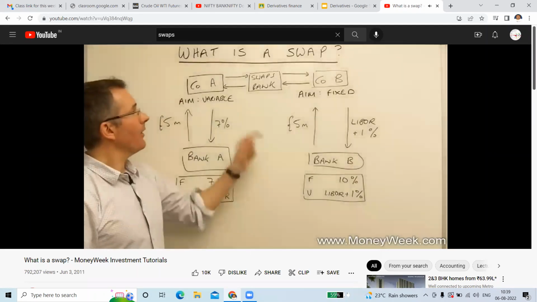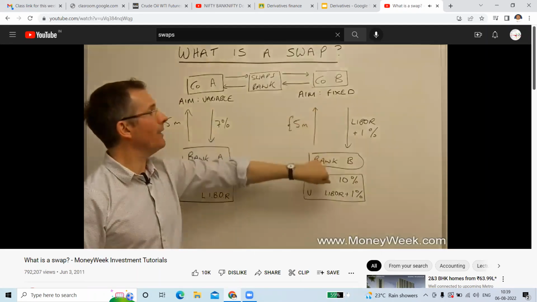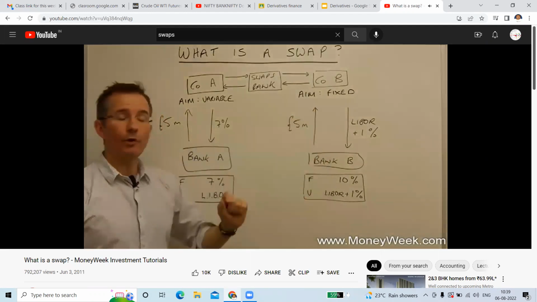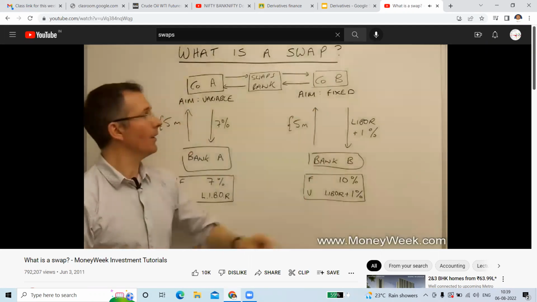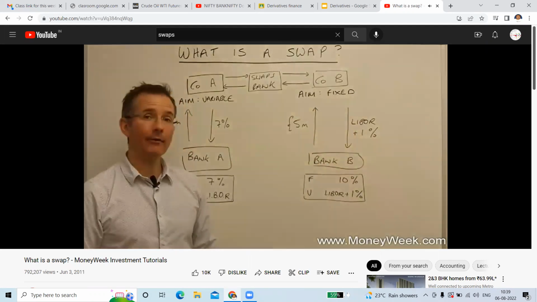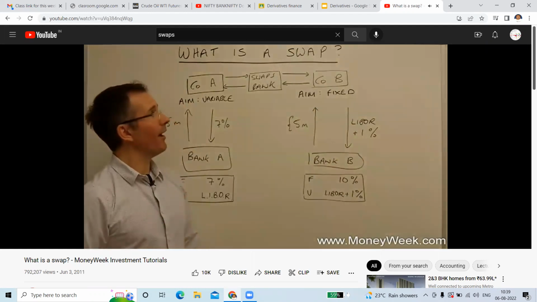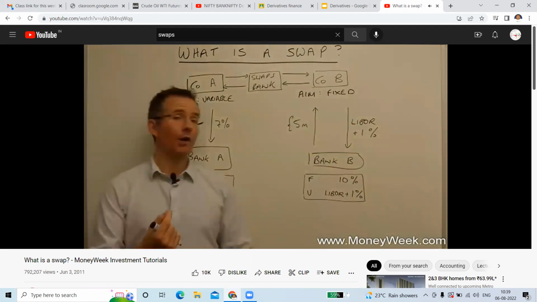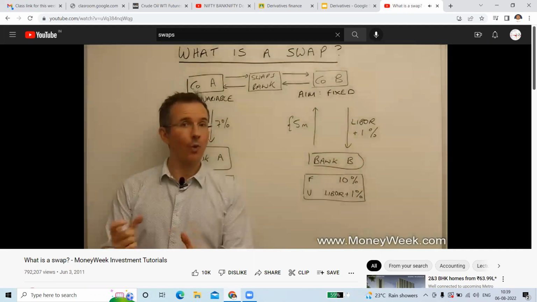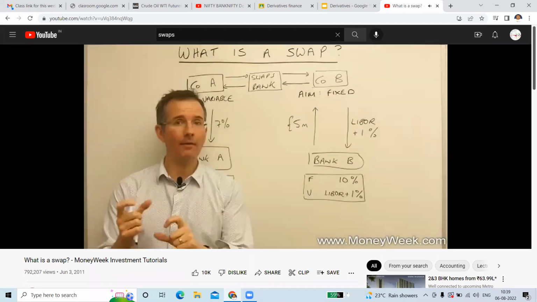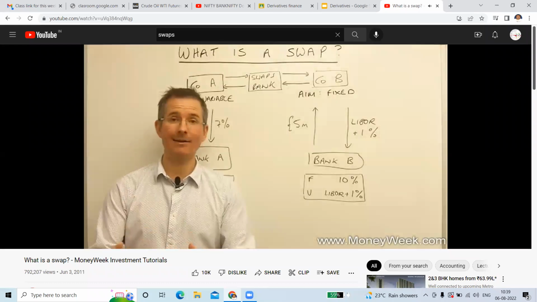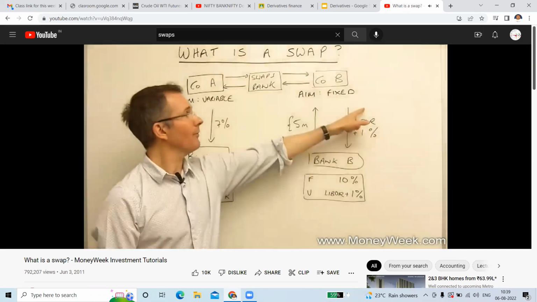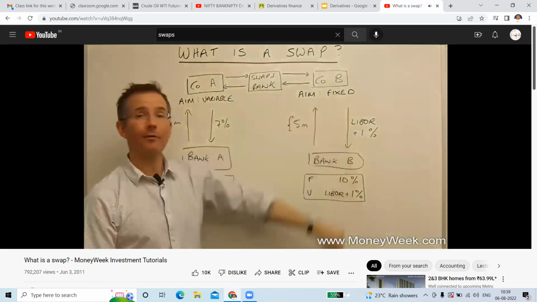So the swaps bank says, okay, company B, you've borrowed 5 million from bank B. You don't need another 5 million from us. You just want to change the interest rate you're paying on that loan. You're paying a variable rate and you'd rather pay fixed. So without borrowing another 5 million, let's agree a swap just for the interest on what's called a notional amount of 5 million. In other words, we're just going to swap the interest payments you're committed to, nothing else. We're not giving you another 5 million, because that'd be 10. You just want to change the interest payments from variable to what you originally wanted, fixed.